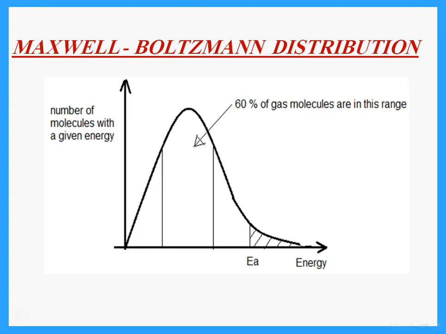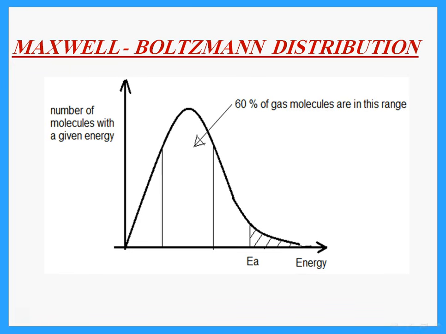Now, the new part in the AS is the Maxwell-Boltzmann distribution. So we said if we draw a graph of the number of molecules with a certain energy versus the energy of each of these molecules, we will find that the graph will look as shown. Most of the particles have intermediate energy. A few of them will have less than the intermediate energy, a few of them will have more than the intermediate energy. Notice that the activation energy is somewhere on the graph, and only the particles that have energy higher